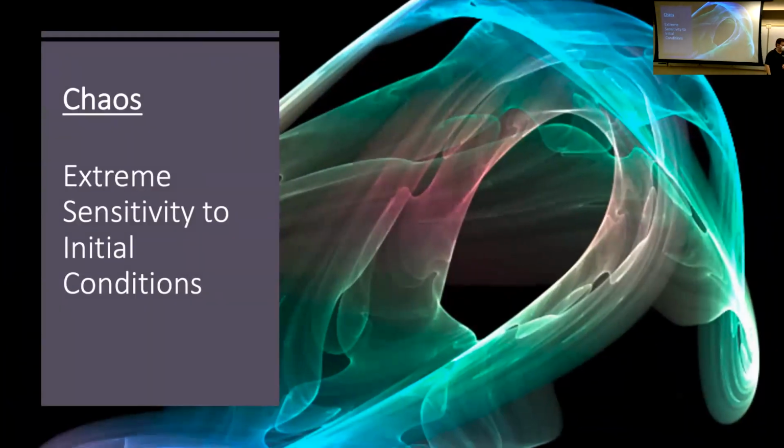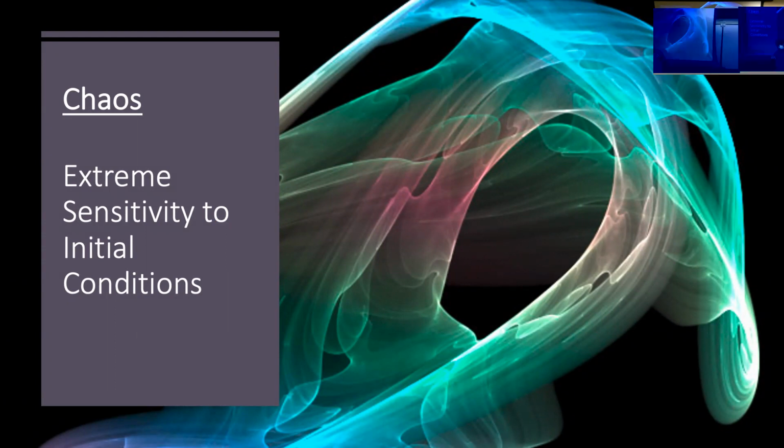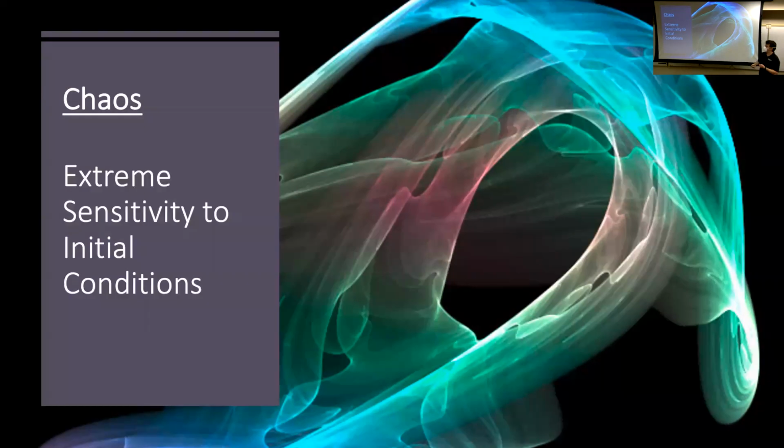Okay. So the other thing we want to talk about here is chaos. A lot of people will say, I looked at a data set and I couldn't make sense of it. It was just chaos. In their heads, I think they're thinking randomness and chaos are the same thing. But to modelers, they're distinct, and the distinction is important. So chaos is an extreme sensitivity to initial conditions.